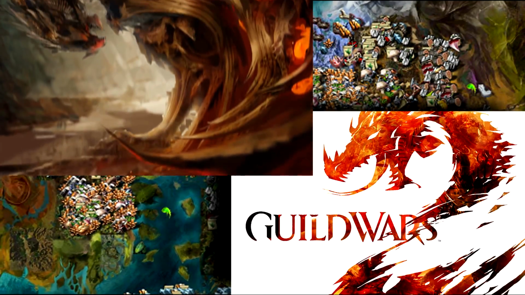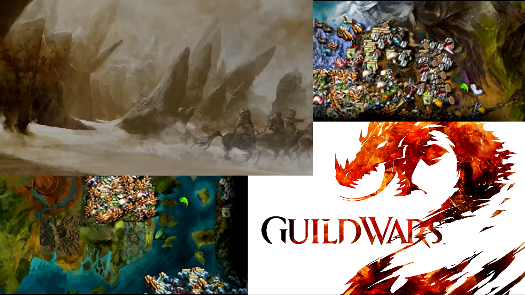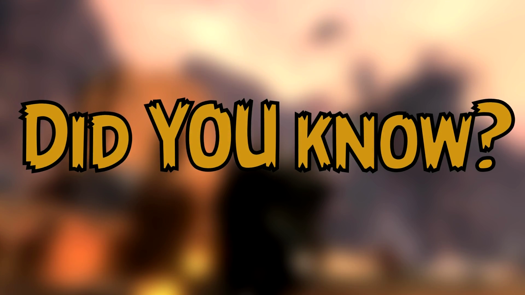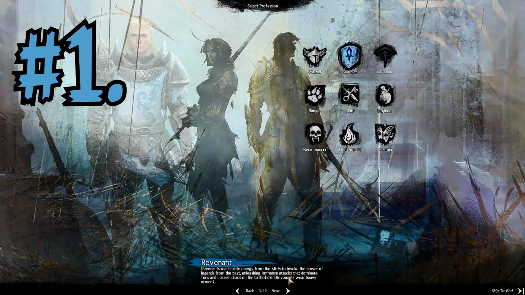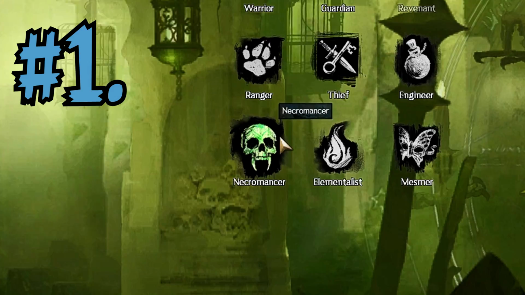So, do you think you know everything there is to know about Guild Wars 2? Try these 10 facts on for size in today's episode of Did You Know? Number 1. Because of laws in China prohibiting the depiction of human skulls, the icon for the Necromancer class is